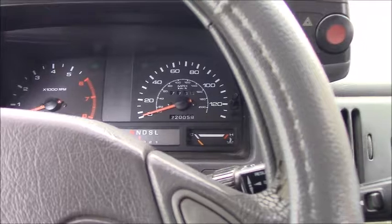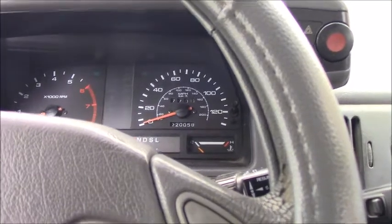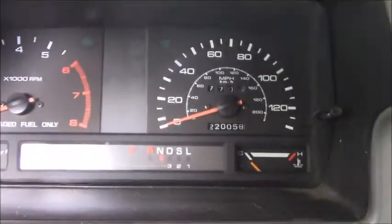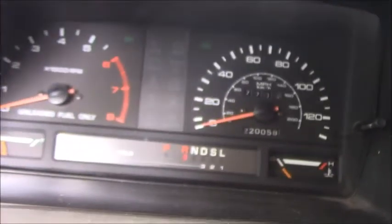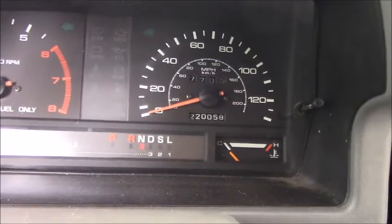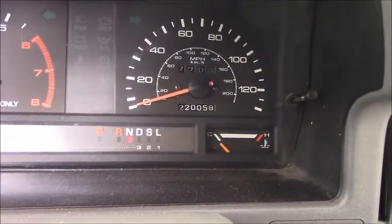So, a 1993 Mazda MPV. This vehicle's problem is, as you can see right now, the gear. I put it in neutral because there's no way to put it back to the P position. That's why the owner told me he kept driving like that for a few months with